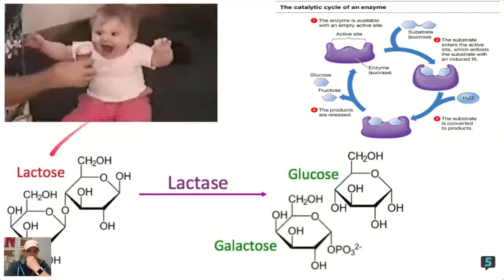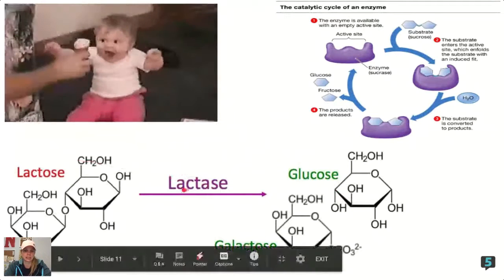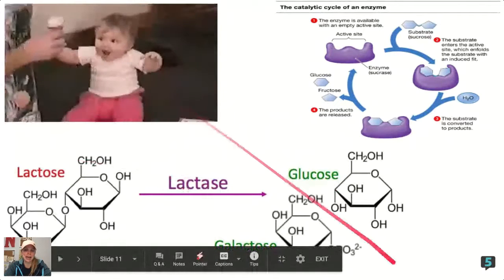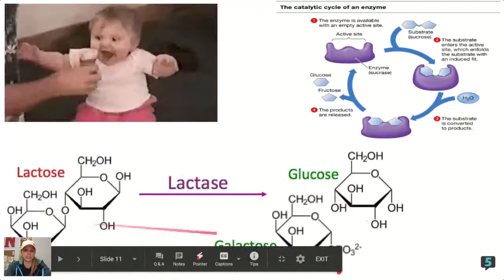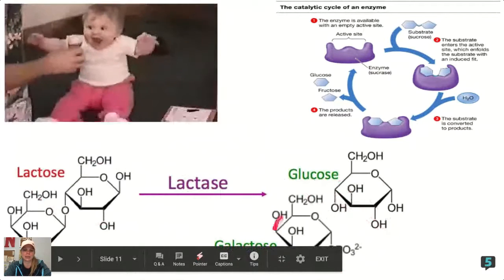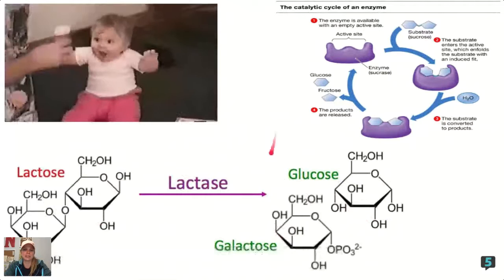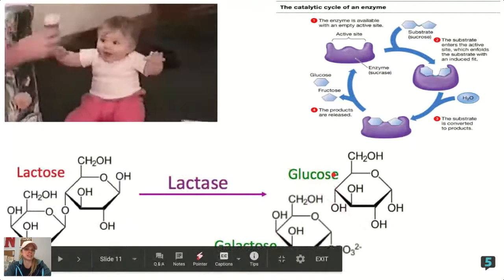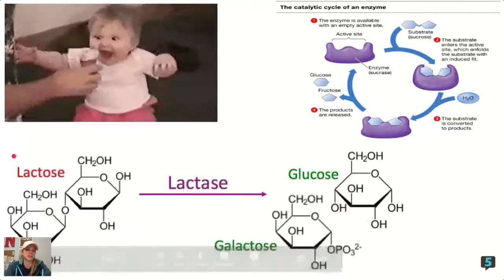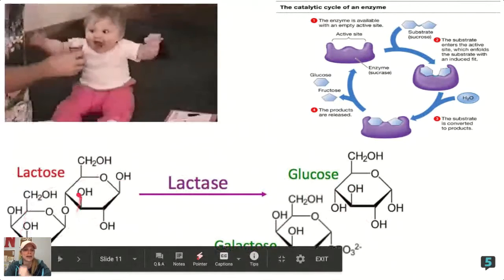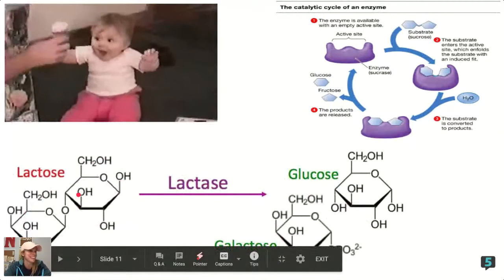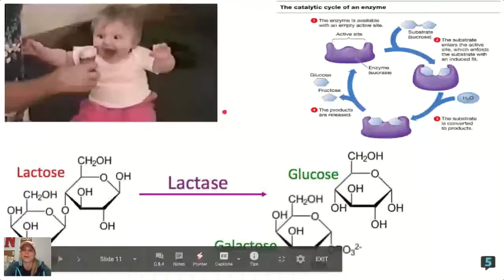So lactose uses lactase to break down, and that lactose gets turned into a glucose and a galactose. That means you can now digest it because it's in smaller pieces. So it takes less energy as opposed to if you tried to digest this whole thing all at once. That's why lactose intolerant people get sick.